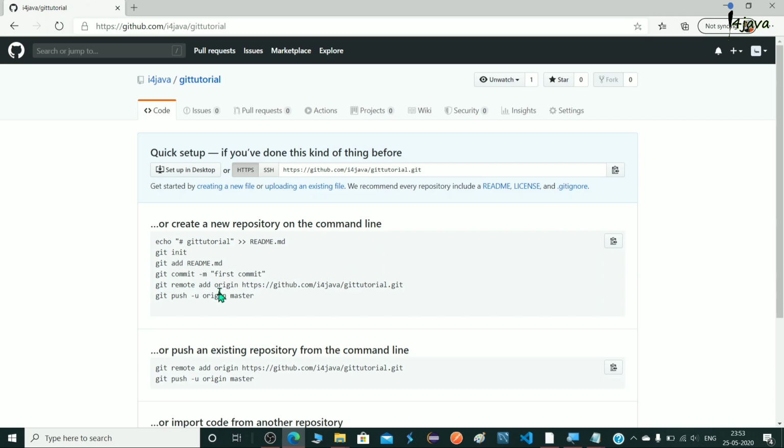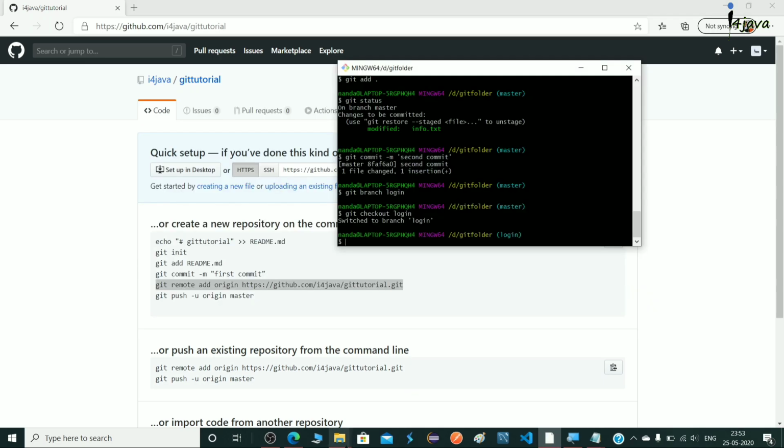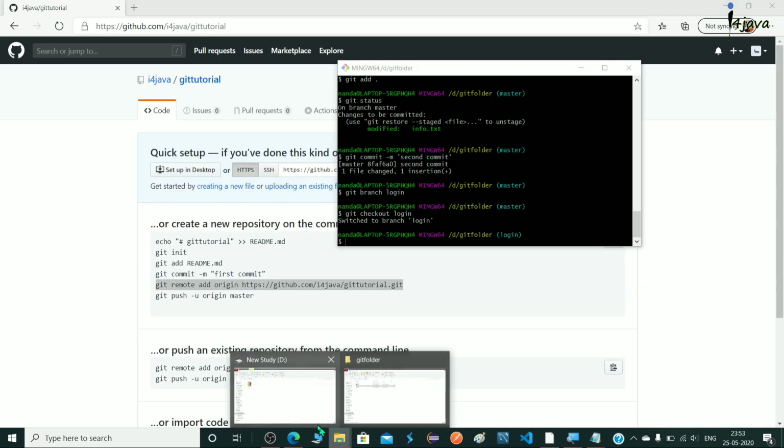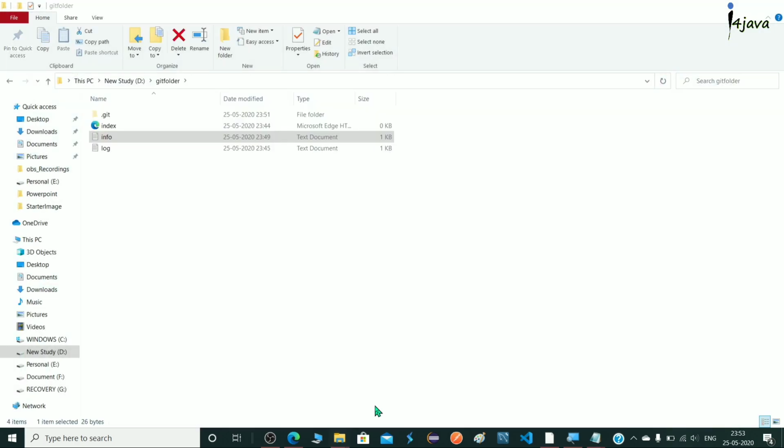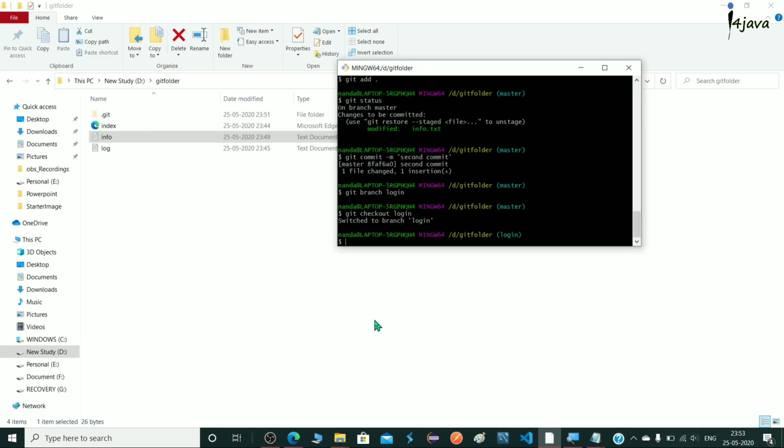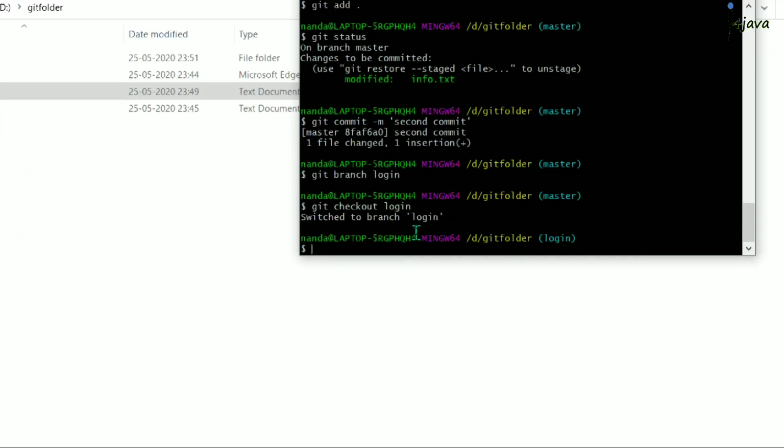To push, we have to copy this, and let's come to our git folder. Then here, let's paste it.